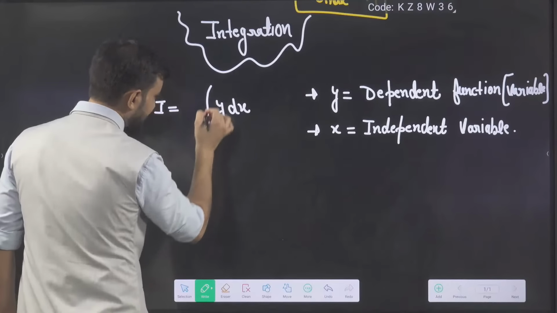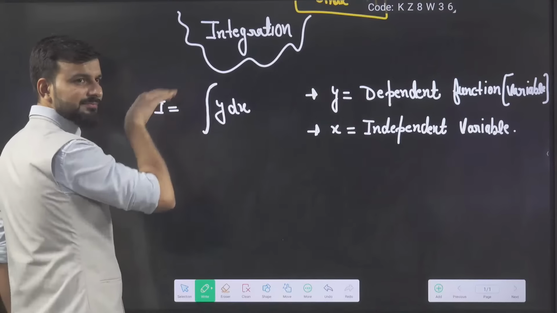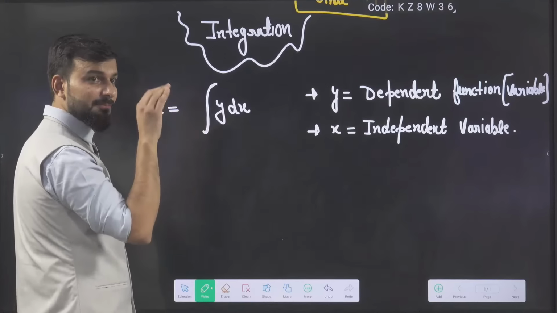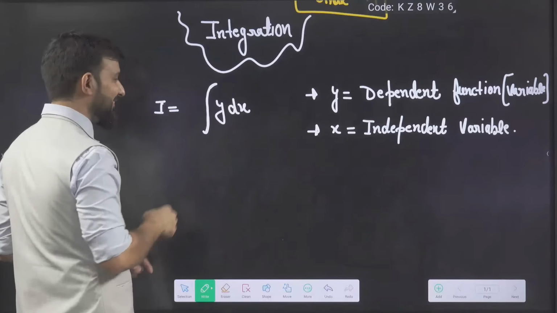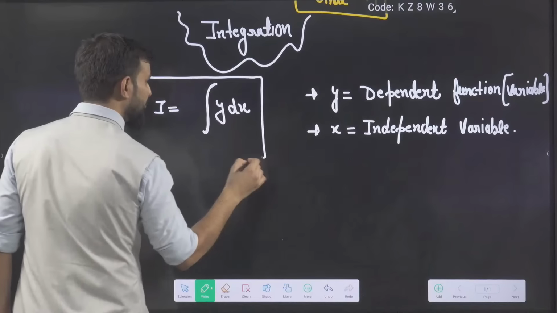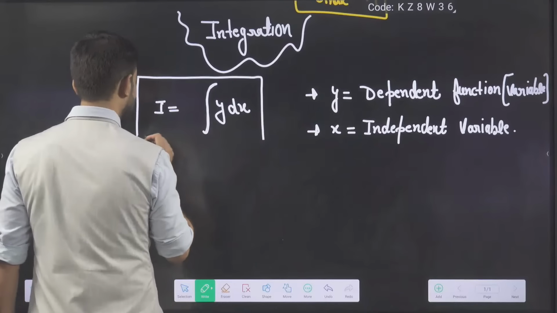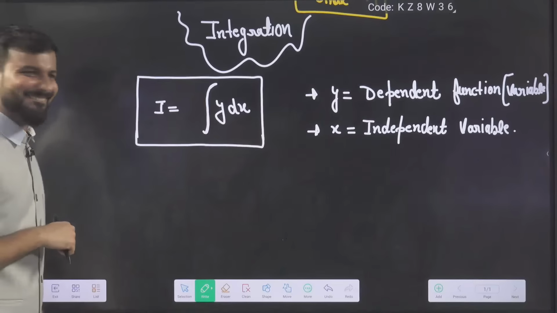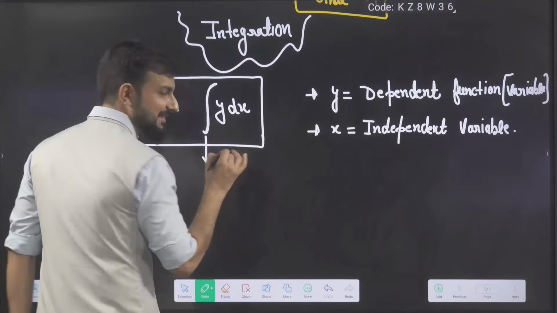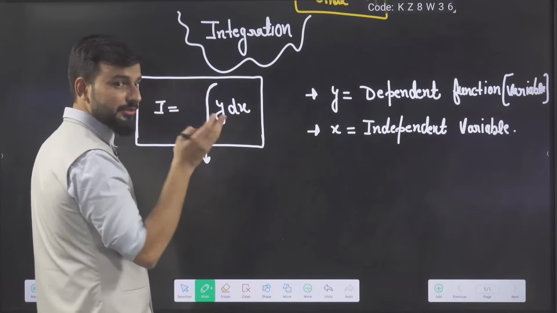Now here this kind of symbol, it is just looking like this snake, right? It is just like a snake bite. It bites the NEET student. Very difficult. Not that much difficult. If you remember it, then it becomes very easy. Then you bite this integration. Otherwise, integration will bite you like a snake. It looks like a snake. In Hindi, we call it as a nagin. Das legi. Topic is just like that. In real life, it will not do that, but topic is just like that. Let's see, you will decide.